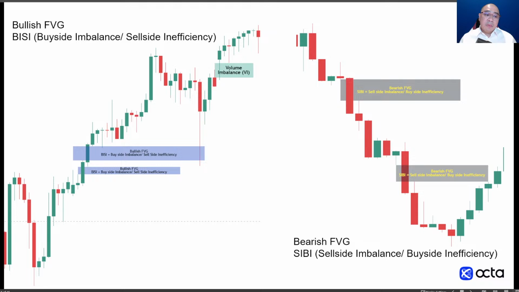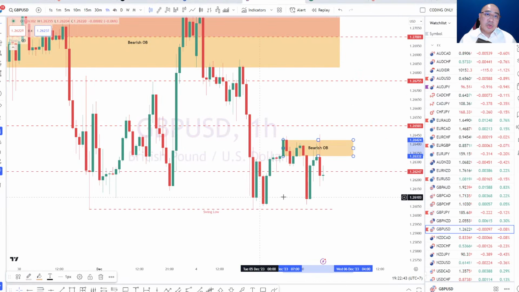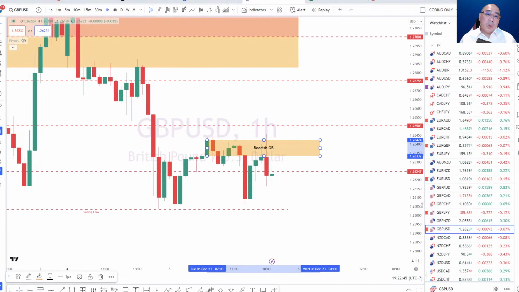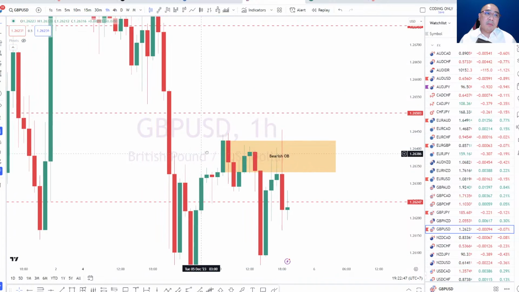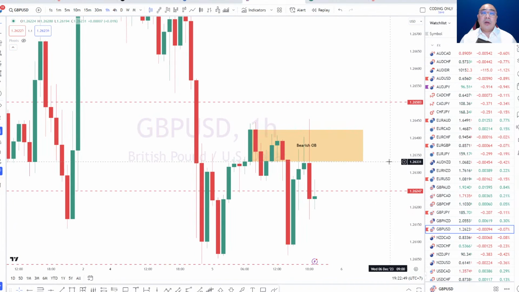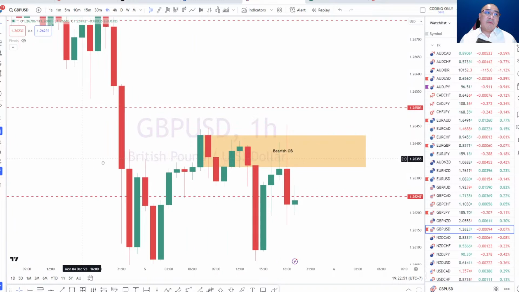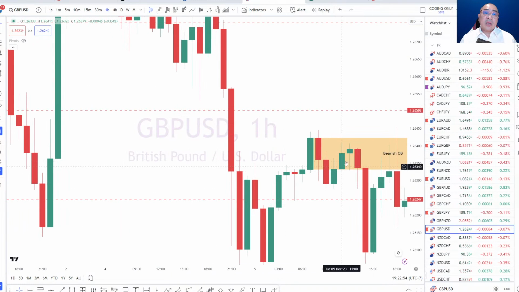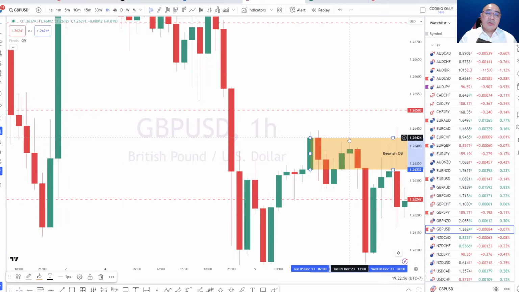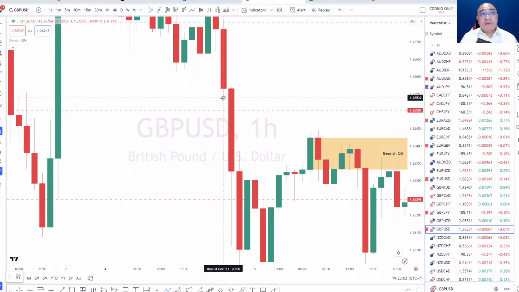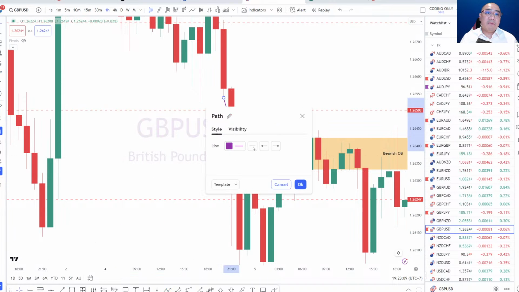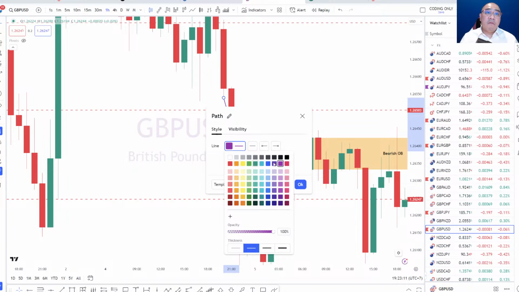Okay, I'm going to jump onto the chart and zoom in a little bit, and we'll try to figure out why the market is being capped at about this level here. To identify a fair value gap, take a look at these 3 candles that go down. It goes down so rapidly that it creates a little bit of a gap where the first candle and the third candle never met. That's what we try to identify as a fair value gap.